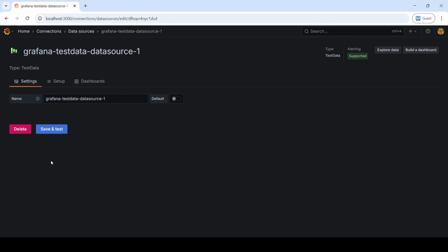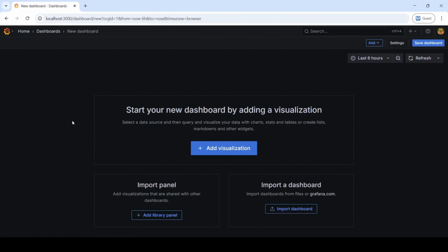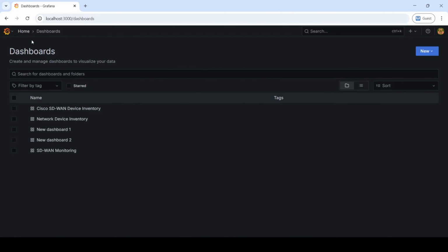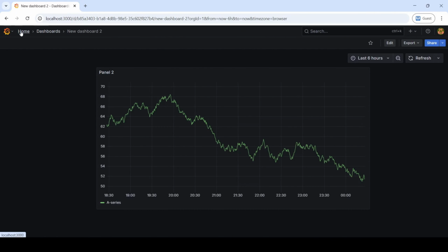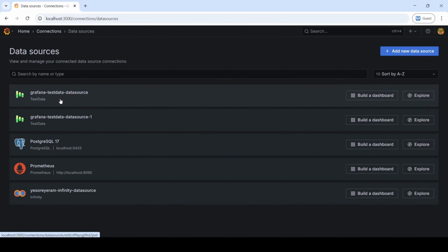Okay, let me actually just save and test. So I'm actually going to use this because you can use another test data source. But if I go here, let me discard here, home, actually here, data source, I do have it already here. But since I have this one that I just added, I'm going to use the one with -1 at the end. Okay, so going back to home,